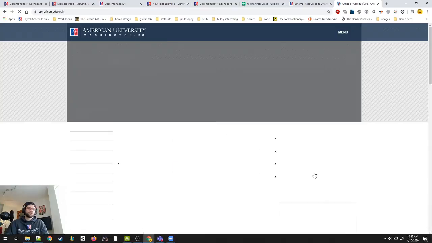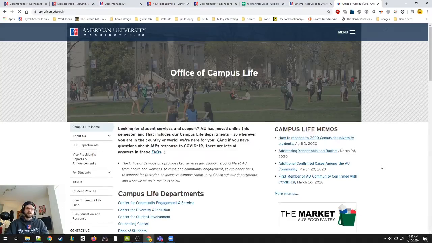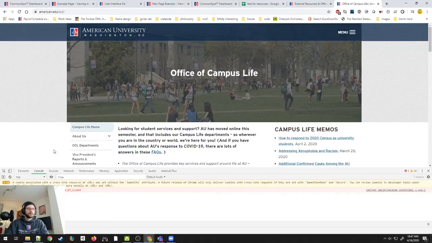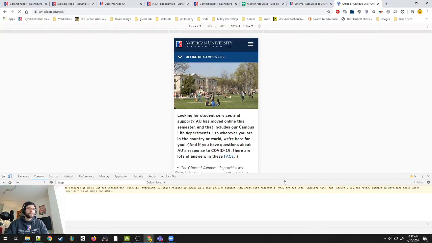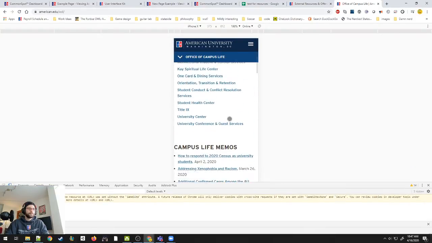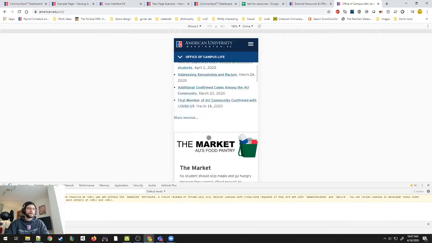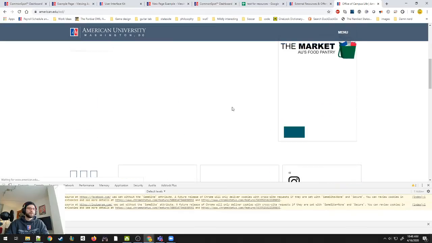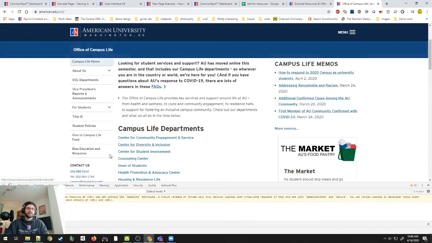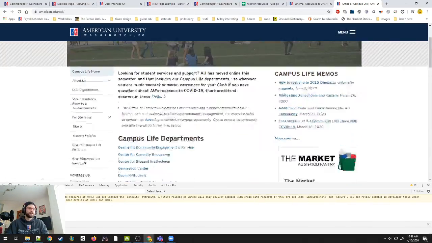Let's go to our lovely OCL page. You can always test what a mobile version of a web page looks like by hitting F12. And then you can look for the little phone icon. Hit that. And then we'll see, hey, there's the memos in the market, right? And if we go out of it, we see that's what's on the right-hand side. It's going to go underneath the left-hand content.